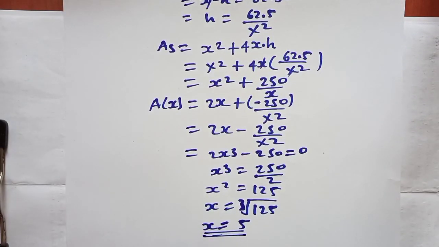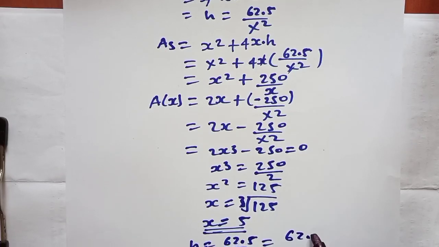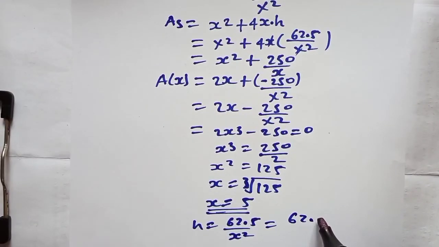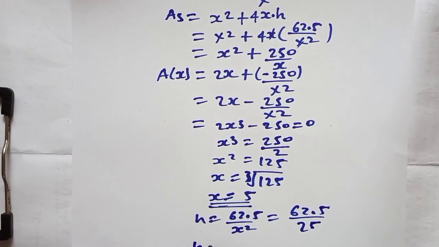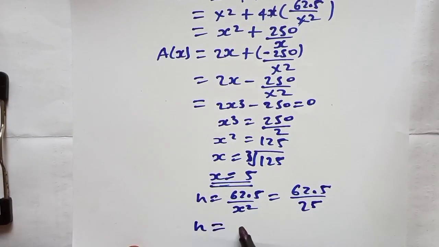From the above formula, h is equal to 62.5 divided by x square. Here we get h, which is equal to 62.5 divided by 5 square, which is 25. Now h is equal to